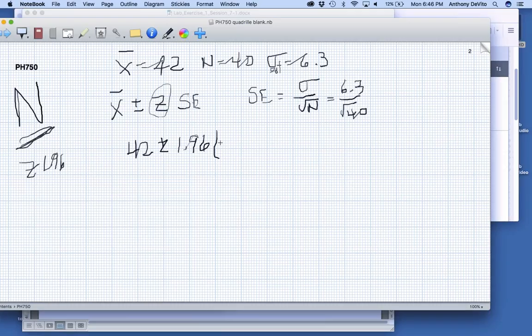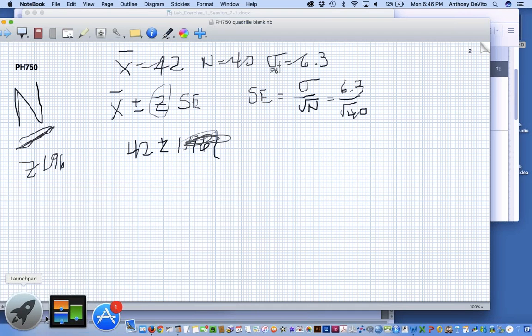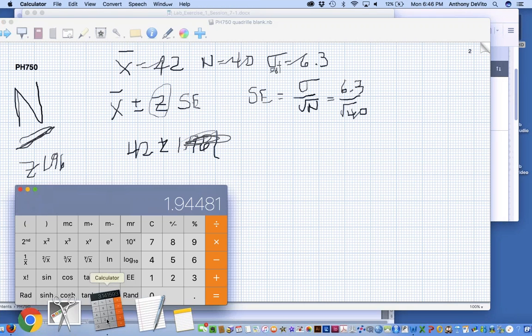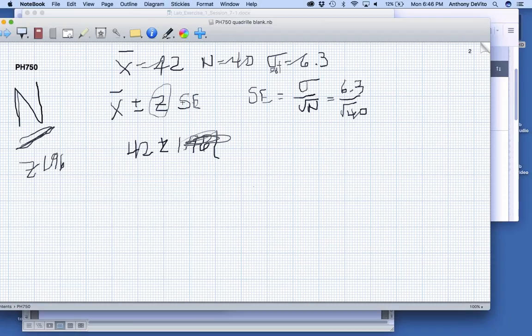Okay, so my whole margin of error is 1.94, right? Yep, 1.94 plus or minus 1.94. So our confidence interval is going to be